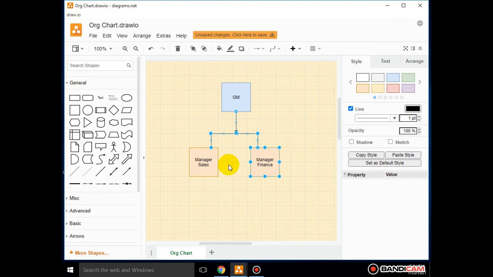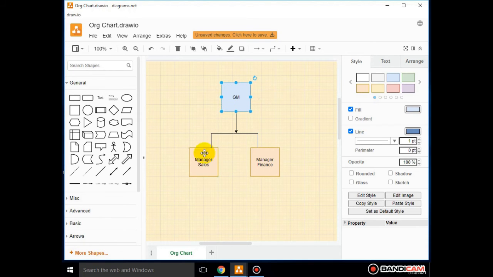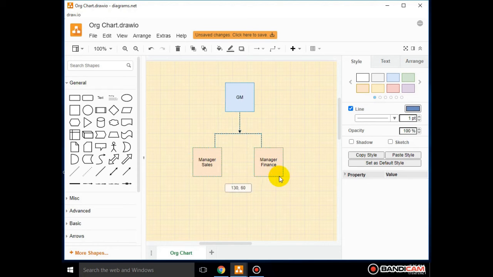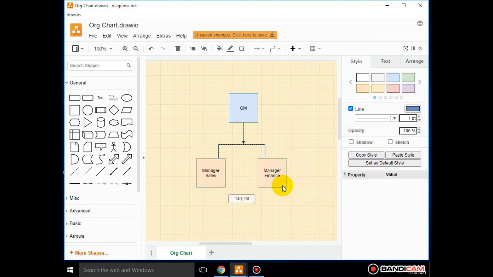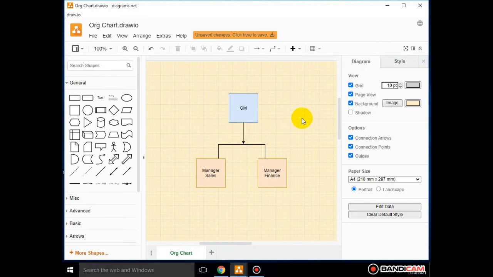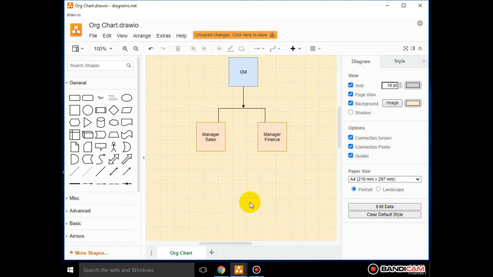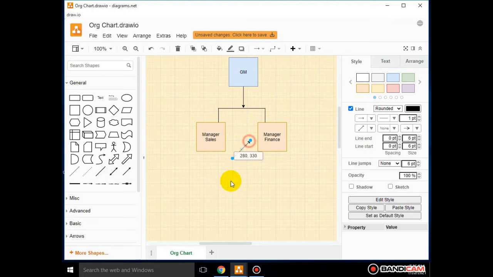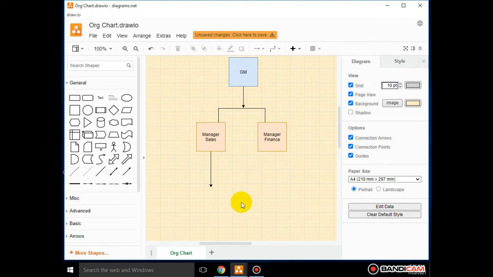You can select the whole diagram by selecting all these things. You can move it wherever you want. You can even copy it somewhere else. If you want to make any changes, again you can select the symbols from the left hand side and move them to the diagram area.